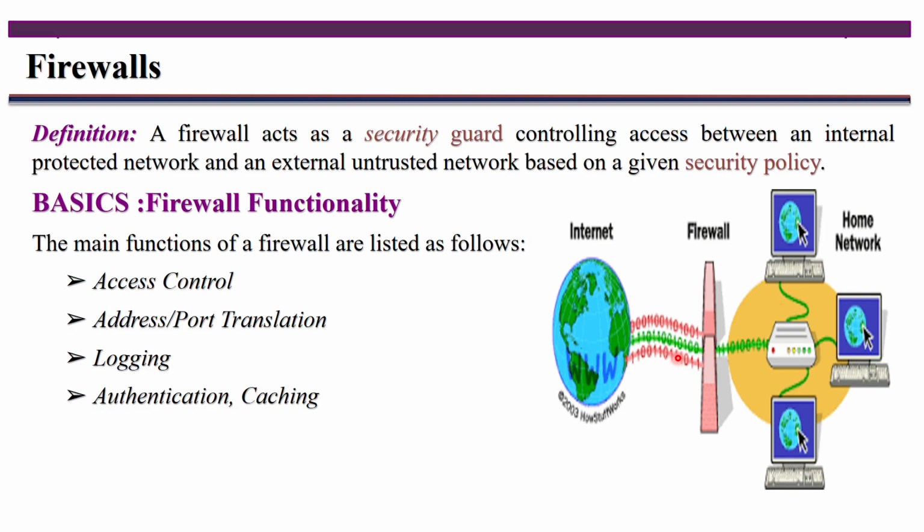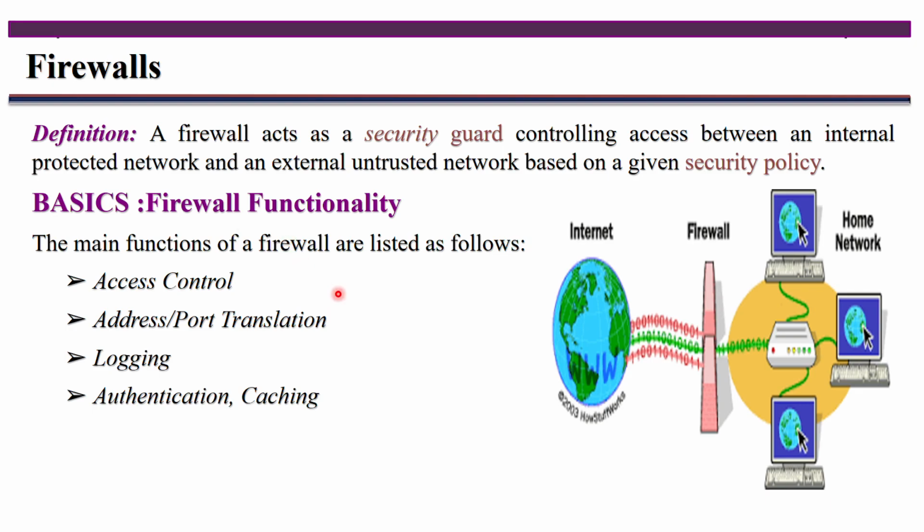To reduce that communication, the firewall acts as a proxy web server. Proxy web server means what? The web pages frequently accessed by this internal protected network, it stores temporarily here. So whenever the internal protected network machines want to access them, they can directly access from the proxy web server. Okay, that proxy web server is available in the firewall. Instead of establishing a connection, you can directly access those web pages here. Okay, so these are some of the functionalities of the firewalls.